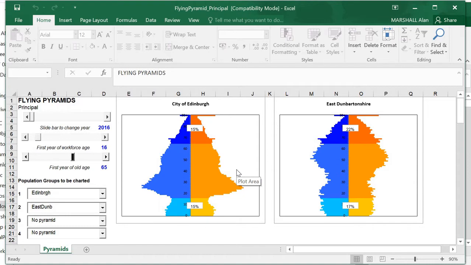And similarly, we can look at the population at the younger ages. So here the first year of the workforce age is set at 16. And we can see we have 15% of the population aged under 16 in Edinburgh compared to 17% in East Dunbartonshire. So what makes this a flying pyramid is the capacity to look at how that pyramid changes over time, over the projection period. So we can do this by clicking the slide bar at the top left of this sheet here